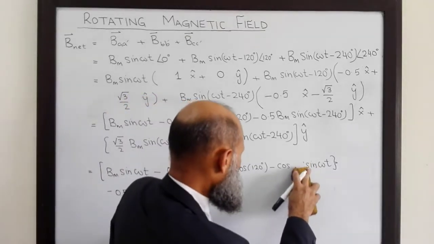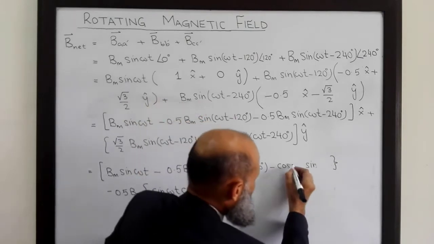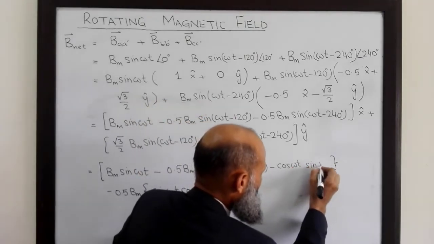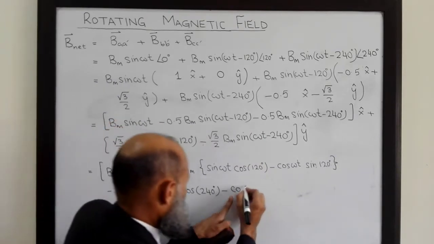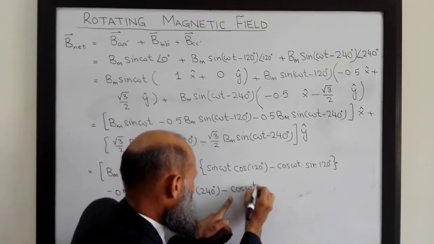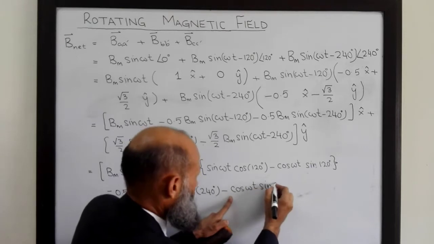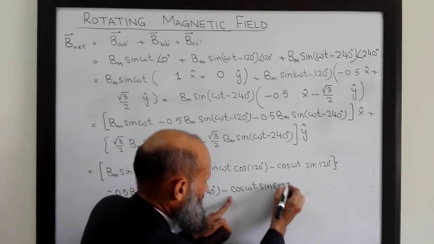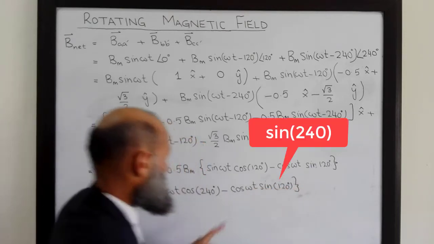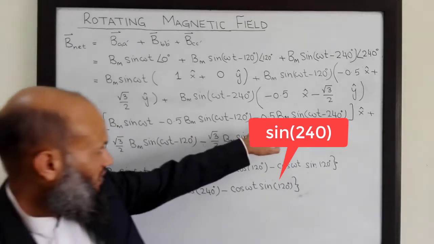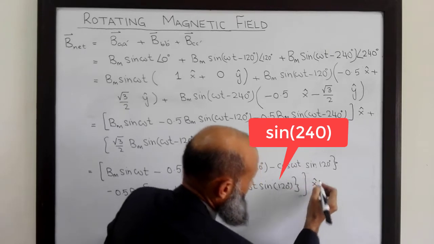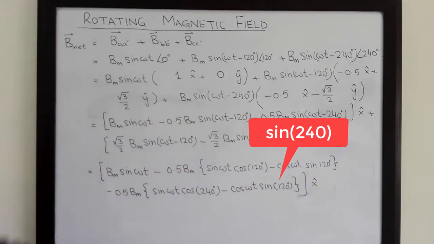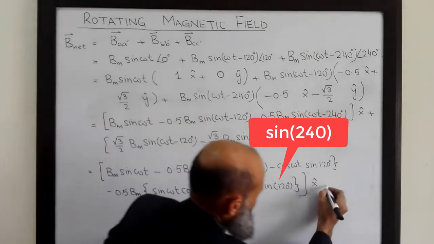Here it should be cosine of omega t and sine of 120 degrees. Here cosine of omega t and sine of 120 degrees. I have expanded this term, and this whole thing is the horizontal component of the resultant vector plus the vertical